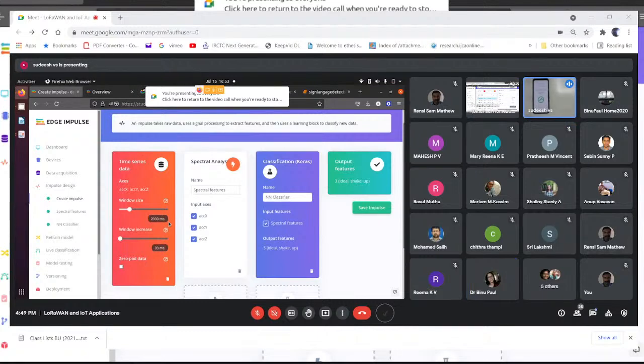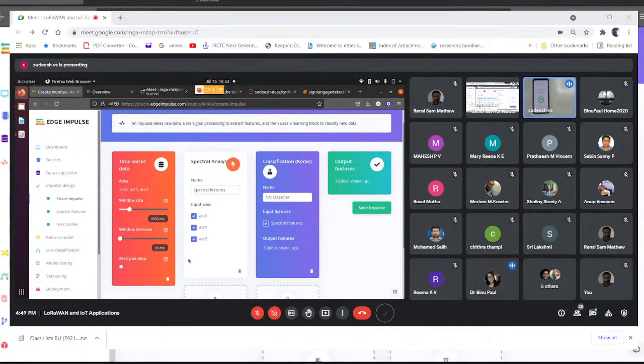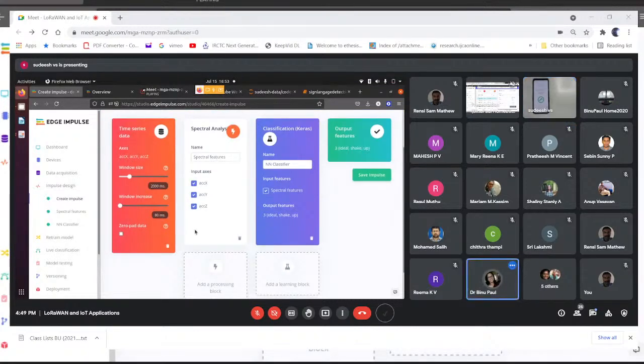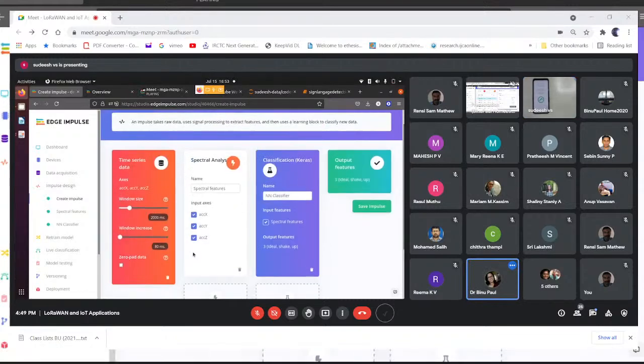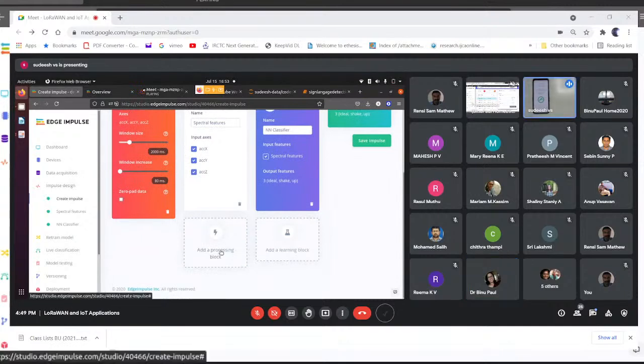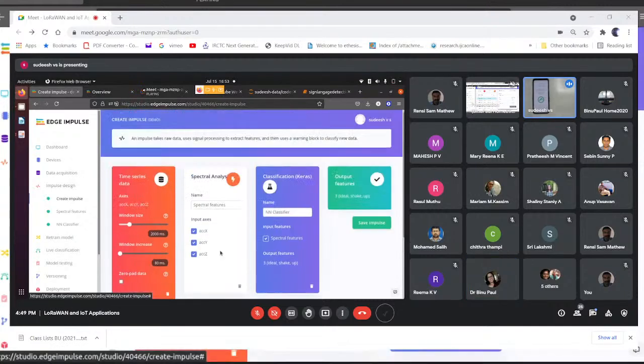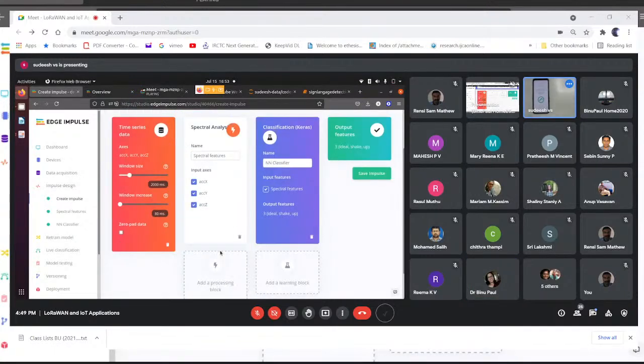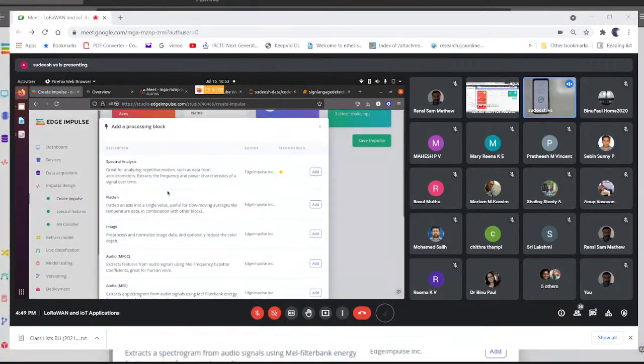You can adjust it if you want, or just keep the default. There is no pre-processing yet. Click the pre-processing block and it will pop up. Currently it is accelerometer data, so I select the first one.